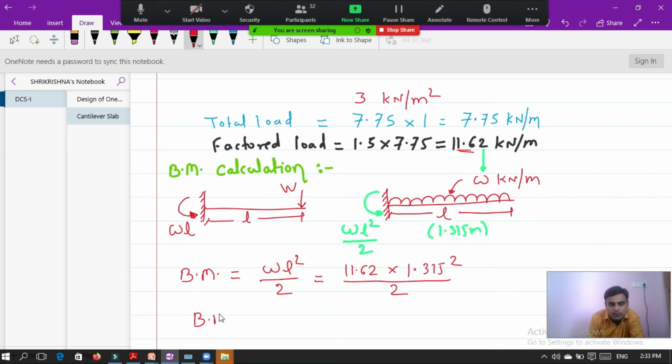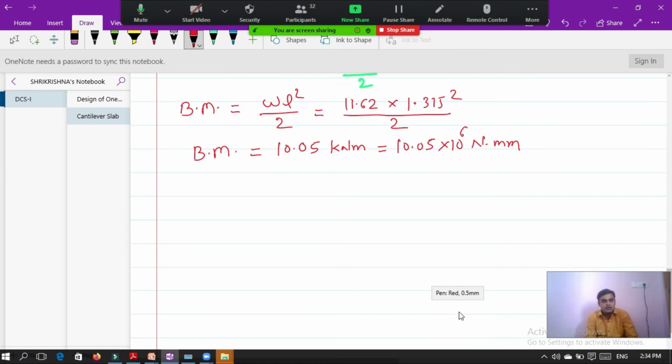So the value of bending moment will be 10.05 kilonewton meter, which is equal to 10.05 into 10 raised to 6 Newton mm.